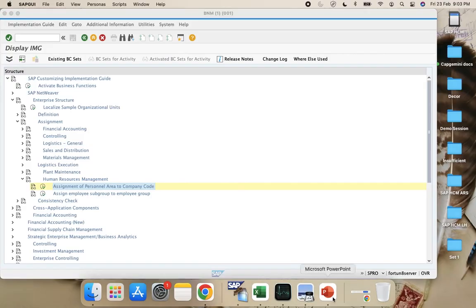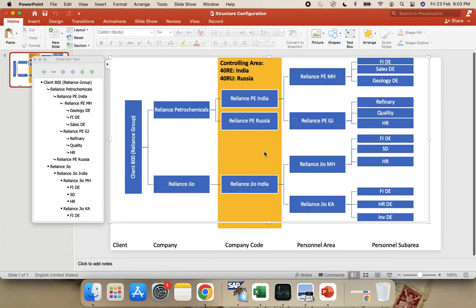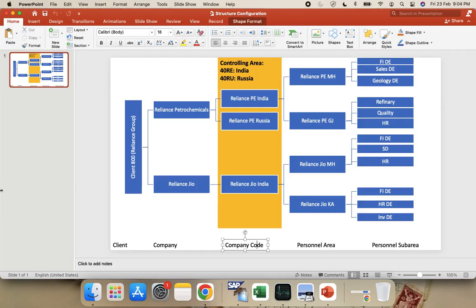Okay, so in today's session we have completed this enterprise structure: how to configure from client to company, company to company code, to personal area, to personal subarea. Now in the next class we will understand the controlling area: how I will create the controlling area and then how we will bring this whole enterprise structure into SAP, as I had mentioned. So in the next class we'll see that. Meantime,